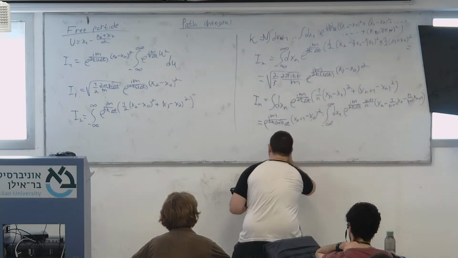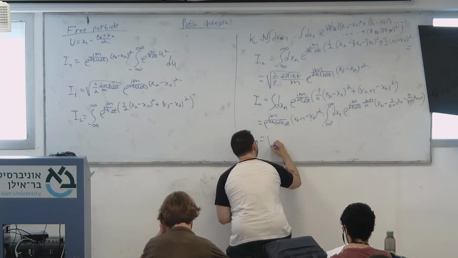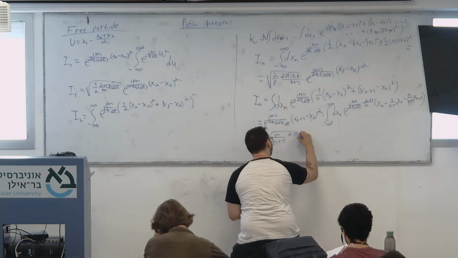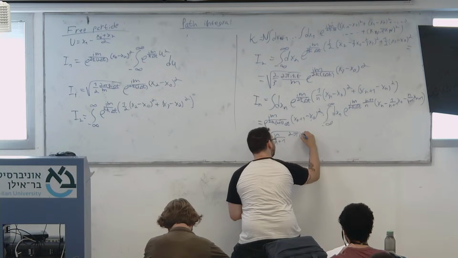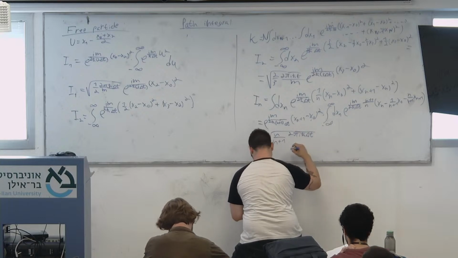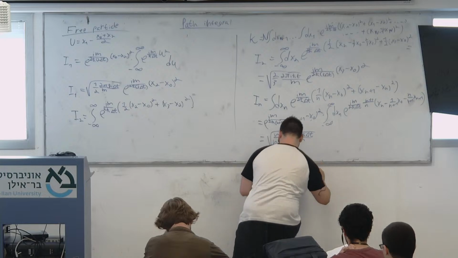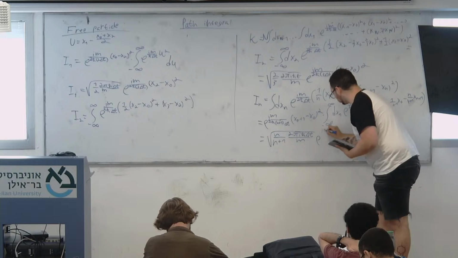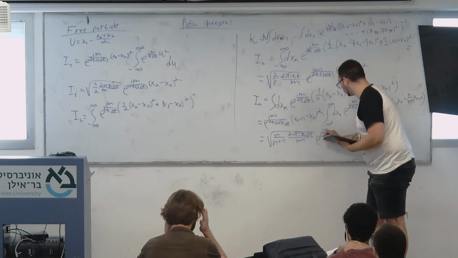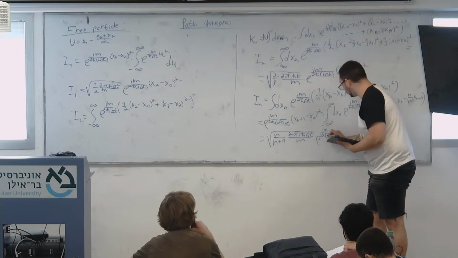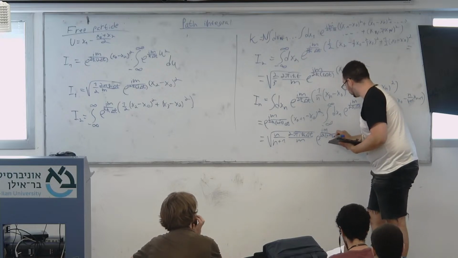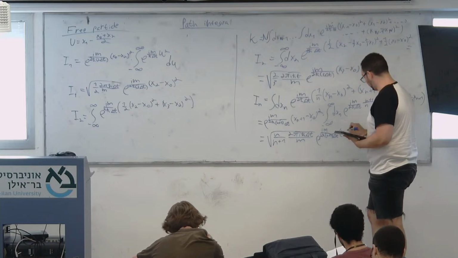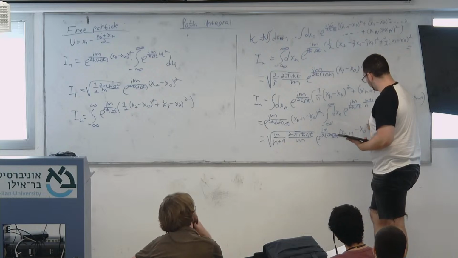Overall, In will be equal to the square root of n divided by n plus 1, times 2 pi i h bar delta t divided by m, e to the power of i m over 2 h bar (n plus 1) delta t, (xn+1 minus x0) squared.